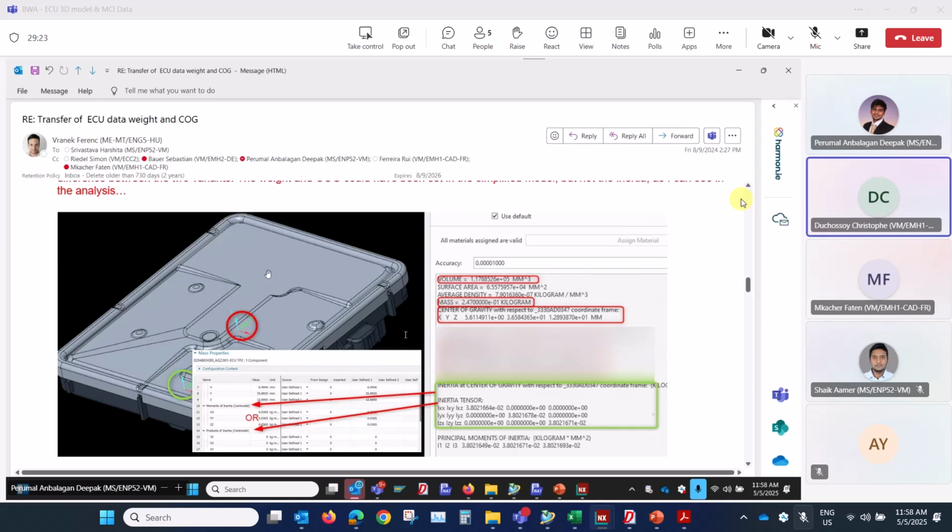And for the IPB or ESP, maybe we don't know how the customer will request, but we are thinking that they could request the ECU independently of the hydraulic unit, and it's not the case with BWA, for example. It's a package, and IPB, I think that it's also a package. It's included in the hydraulic unit or